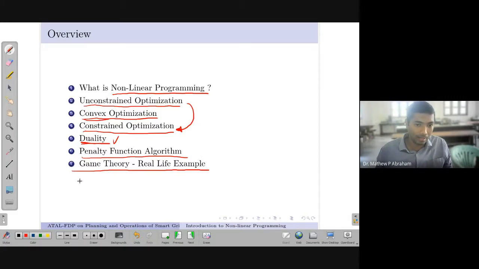I'll write here, in case I am not able to get to this section because of time constraints: just understand this one thing, that optimization is nothing but a single player